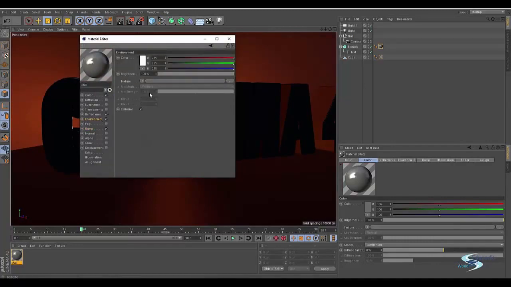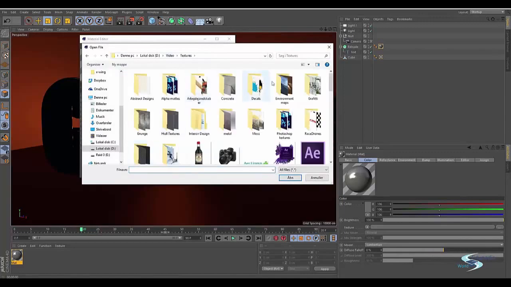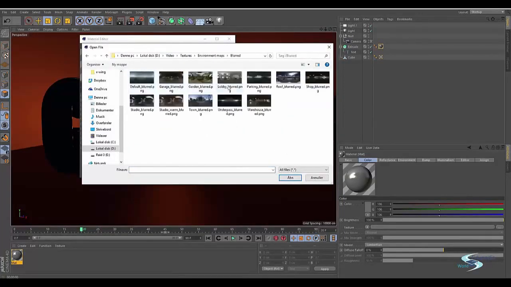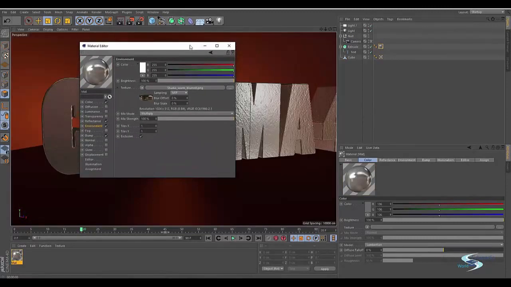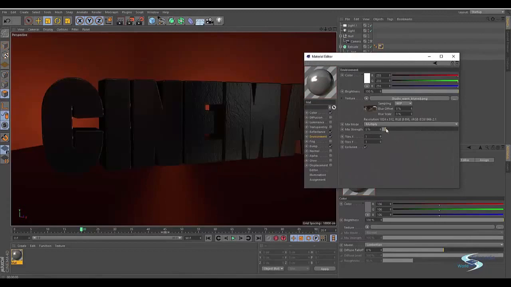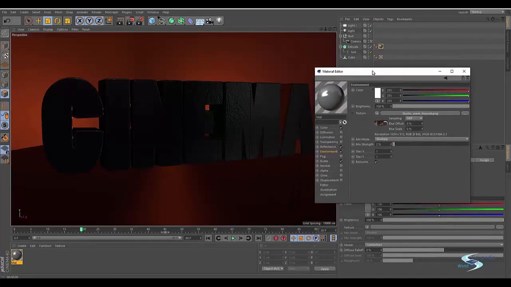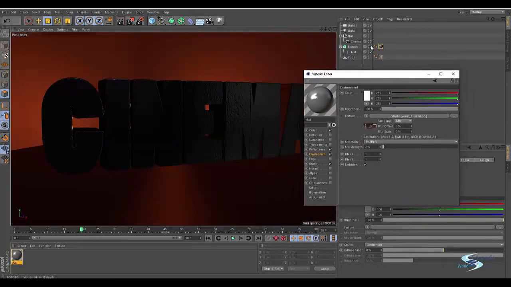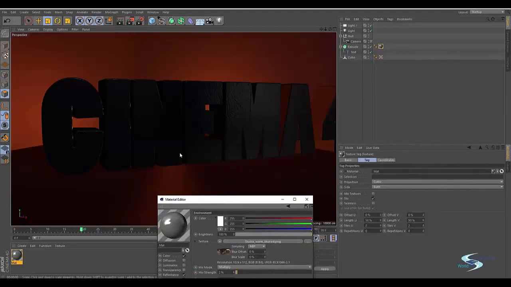So click right here, open it up, video, textures, environment map, and I'll choose something like this, Studio Warm, and I will change the mix strength, turn it down quite a lot. And something that I can see right now is that I've got a seam on here, on the M, and